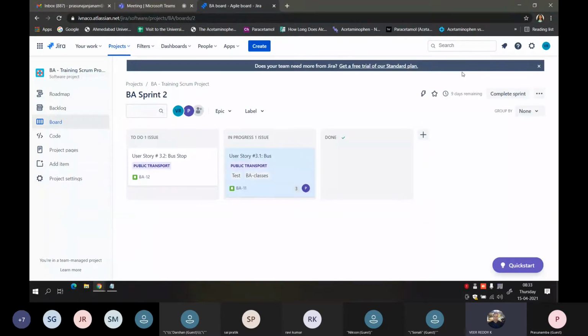Then they will add the members working in the project and give certain permissions for creating dashboards, bugs, adding user stories or epics, based on the role they are playing.